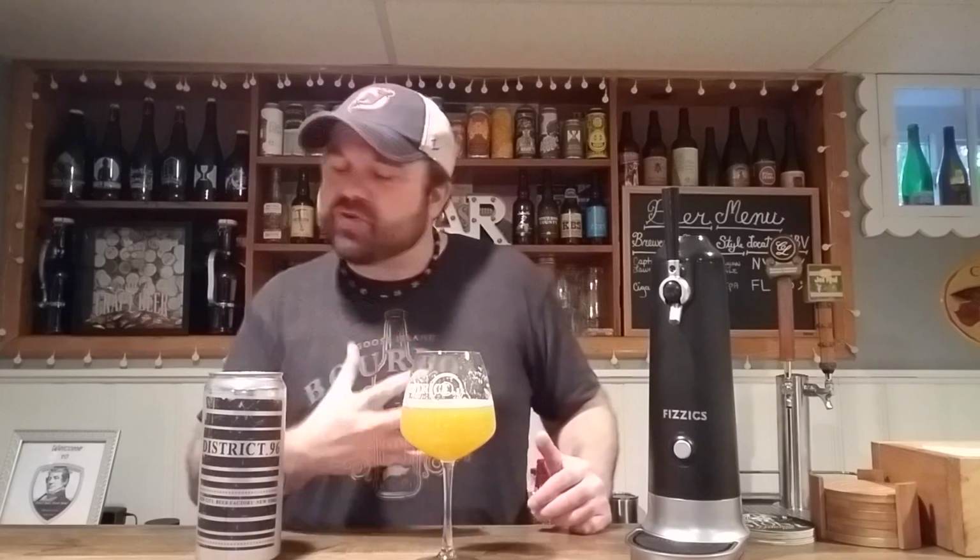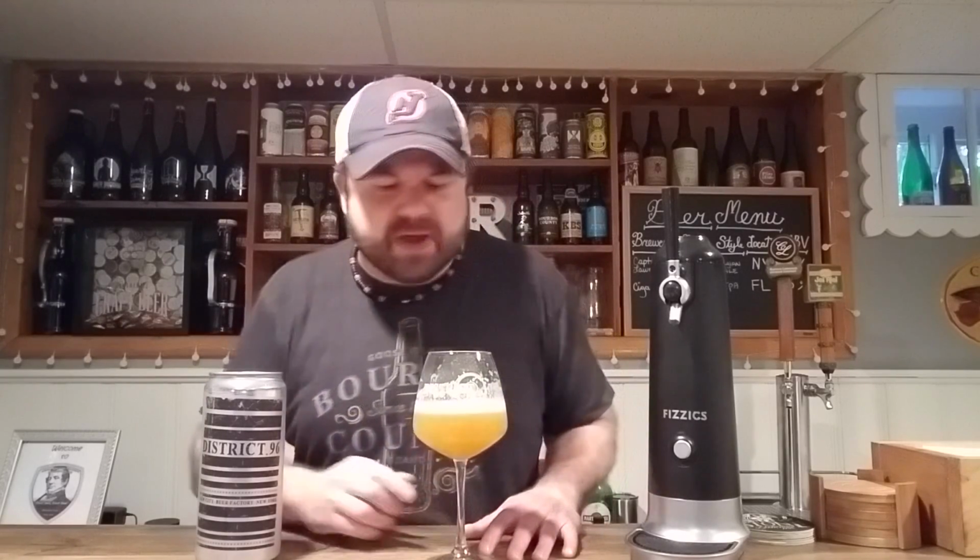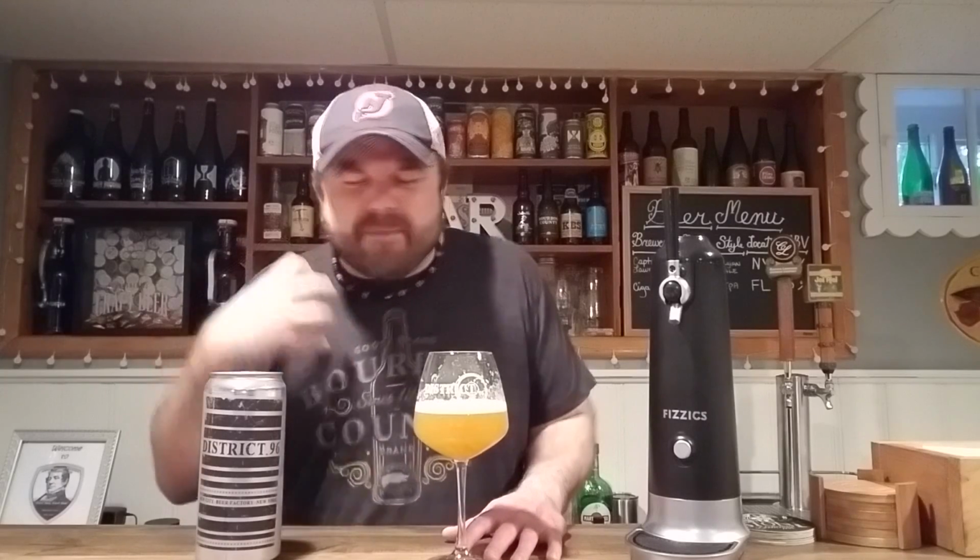Massive blast of mango, pineapple juice straight up out of the gate. Soft as hell mouthfeel, unbelievably soft. One more sip, hold on. Little to no lingering bitterness. That mouthfeel is so soft, and you get a little bit of malts in there,